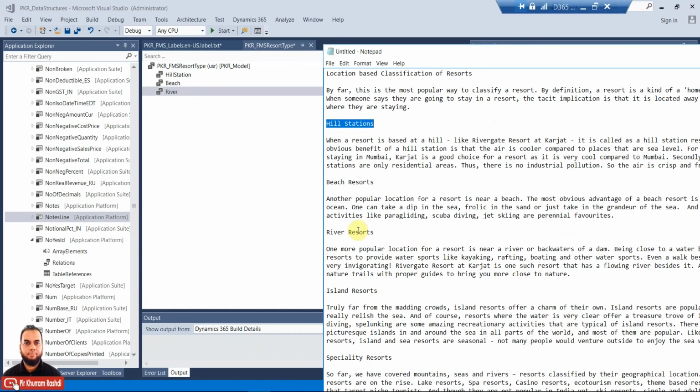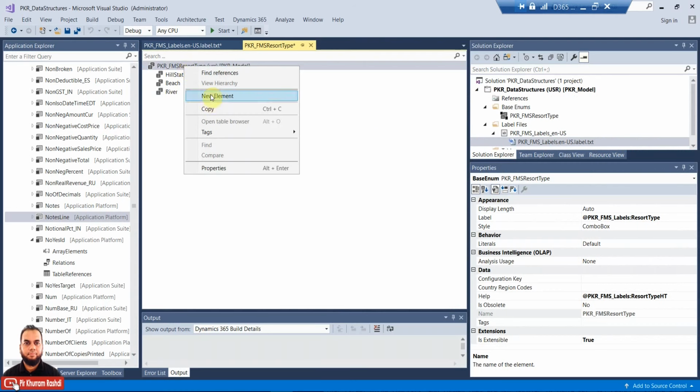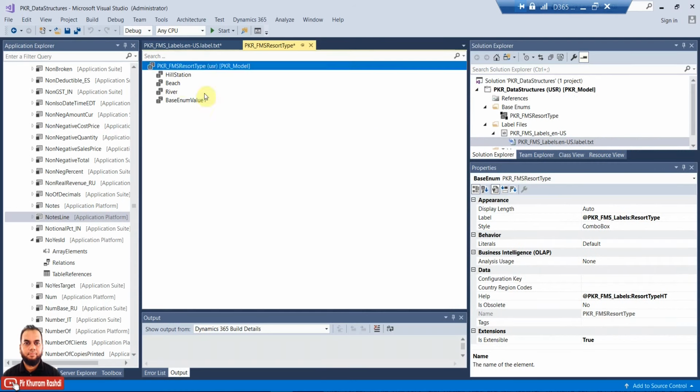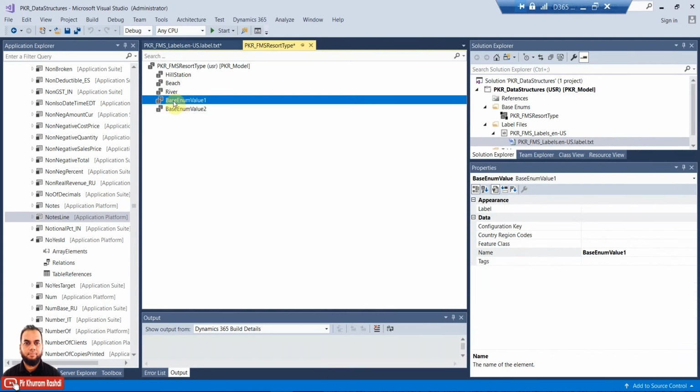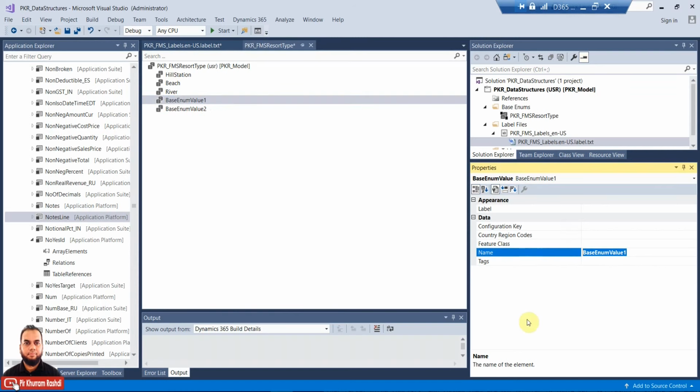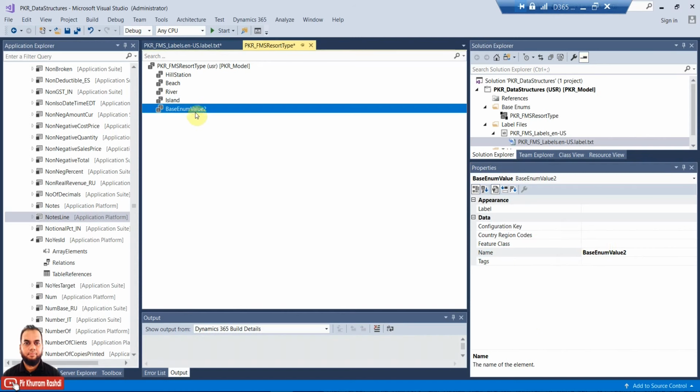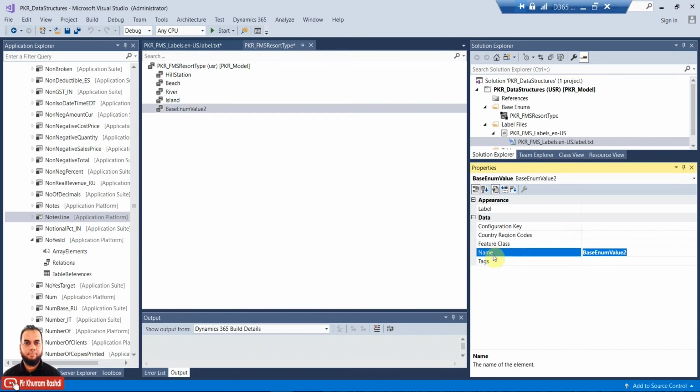And then there is island and specialty. We'll create two values: island and then specialty.